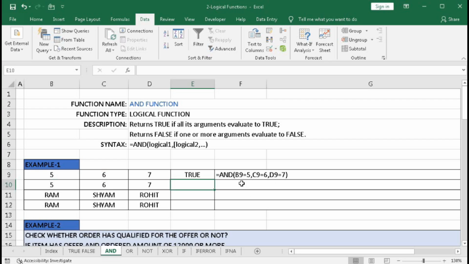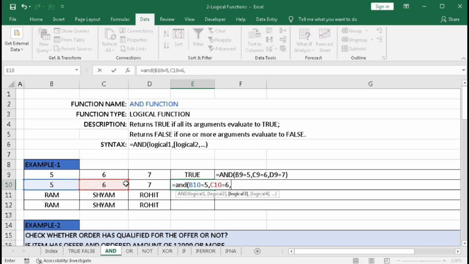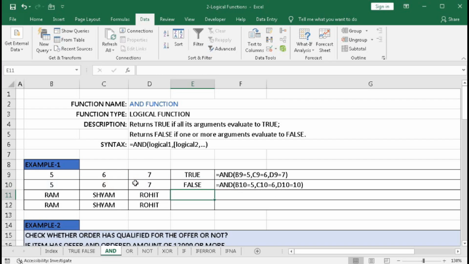But here, equal to AND, this cell equal to 5, comma, this cell equal to 6, comma, and this cell equal to 10. Here it will return false because the first two logics are true.